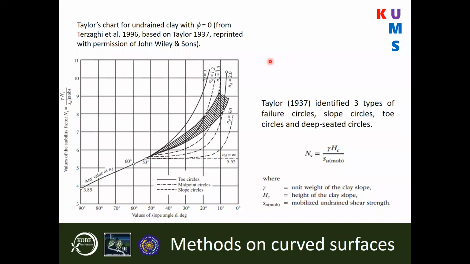Okay, so I think it's fine. One way of working on this curved surface is to use the Taylor chart for undrained clay with phi equals 0. And this graphic here is from Mr. Tesaki. So you have the slope of beta, the slope of the